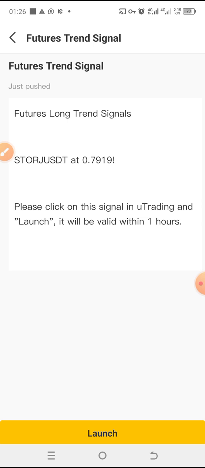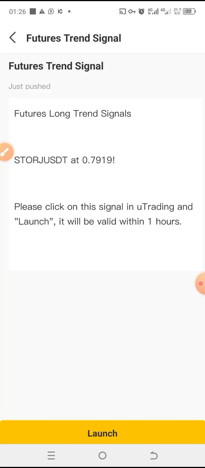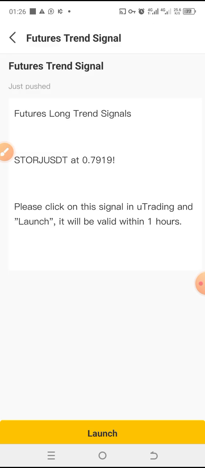The reason why I'm trading futures is to take advantage of borrowing money to trade. You understand? So if I'm trading 1x, let me just quickly go to spot. So that's that. But what you do is you get the signal. It's just been pushed. Okay, let me refresh. Okay, it's just been pushed and it says